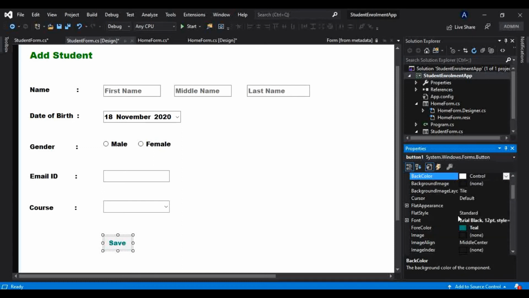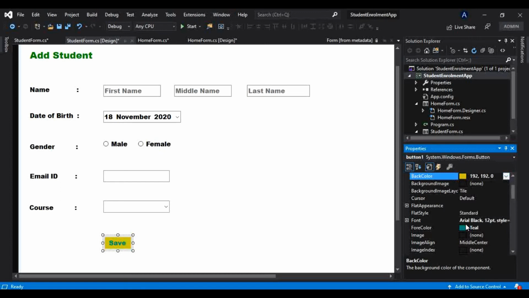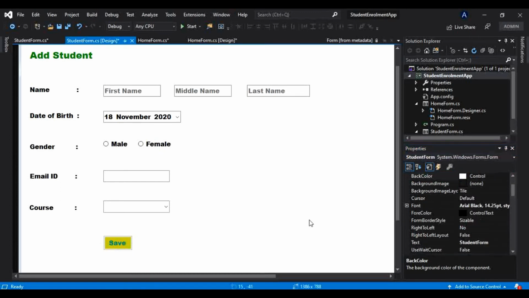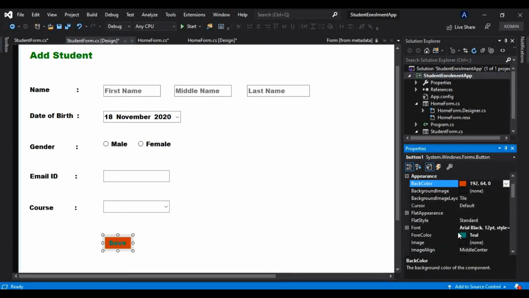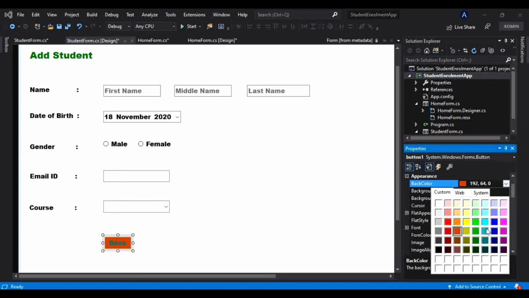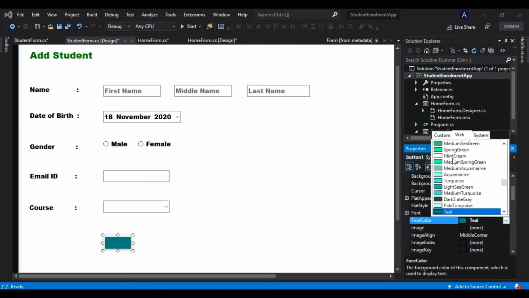I want that as orange maybe, not orange, it is not looking good, so I will change that to yellow maybe. Okay, not yellow also, it is not looking good, maybe this color, not this as well. Okay, so we will change that back color to this blue, and I will change the fore color to something else. Let's say